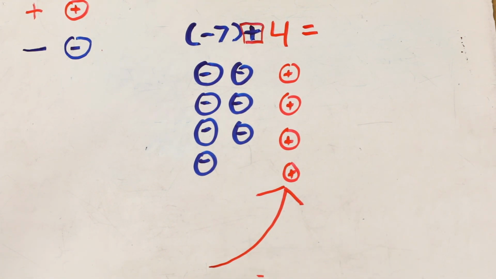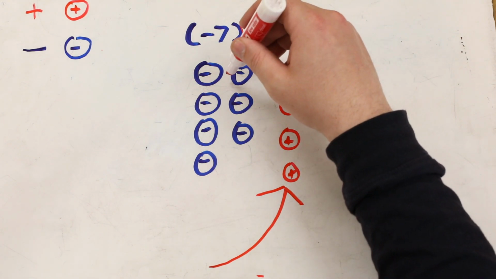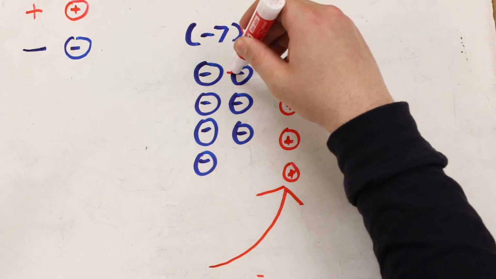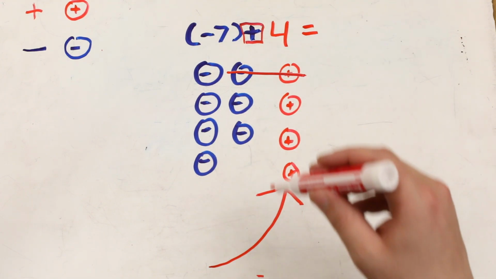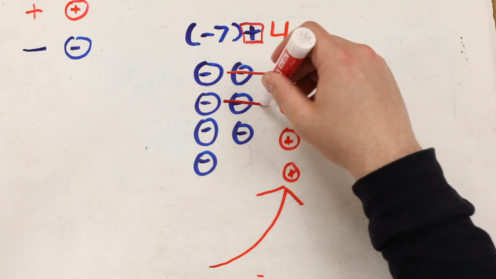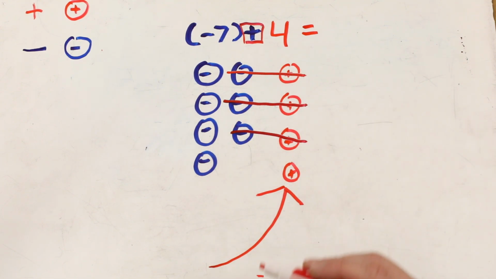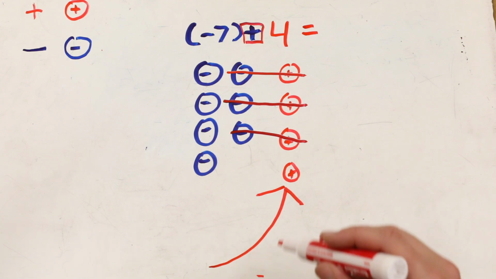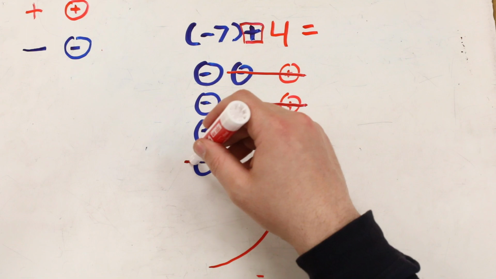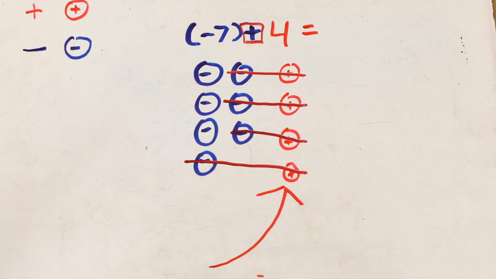And so now we have negatives and positives together. We know from previous lessons that when we have negatives and positives, they form 0 pairs, or they cancel each other out. So I have a negative and a positive there, and I can show that they're making a 0 pair by crossing them both out. I have a positive and a negative, they form a 0 pair, I can cross them out. I have a negative and a positive, they form a 0 pair, they cancel each other out. And finally I have a positive and a negative, and I can form a 4th 0 pair. And so now I'm left with